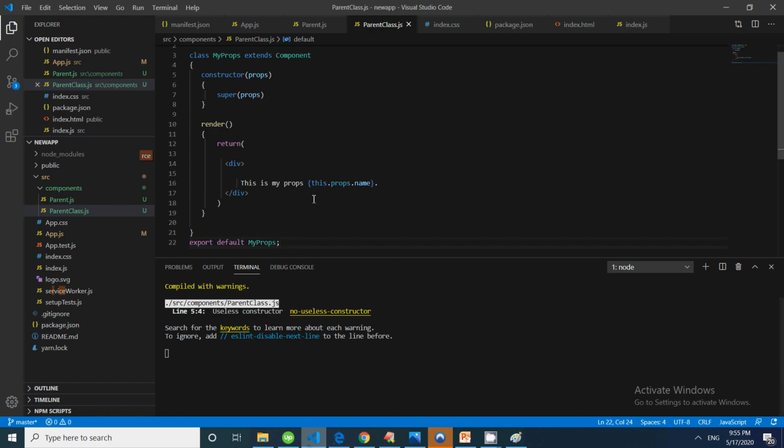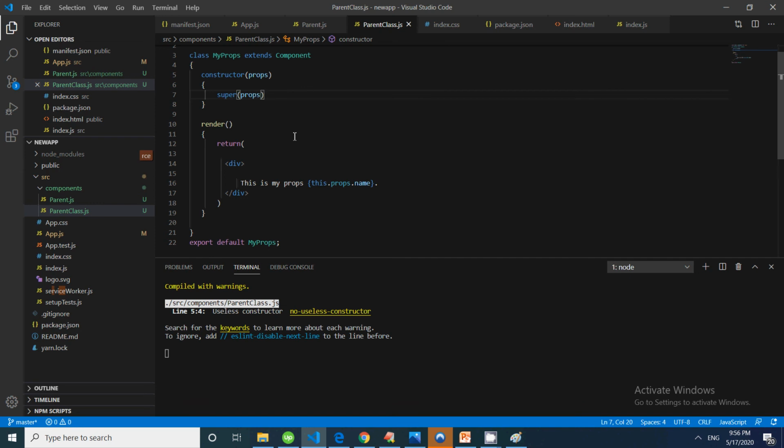So you can see this props is working fine. Now it is a class based approach through which you can pass the property. Now you can see there is a warning also. So warning means it is saying use this constructor because we are not doing any type of work using the constructor. But in our next video, when we will talk about the state, we will be using this constructor part.